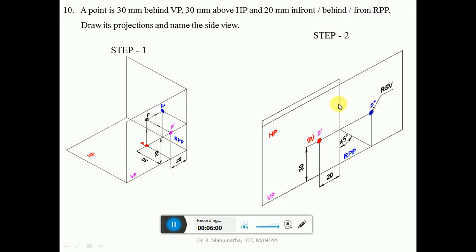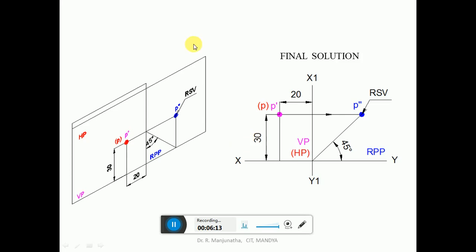So this is how we can analyze the problem of the projections of points in the second quadrant in space, and also the corresponding images on the respective planes. Now, how to solve this problem in the sketchbook? First, we draw the XY line and X1 Y1 line and mark XY and X1 Y1.